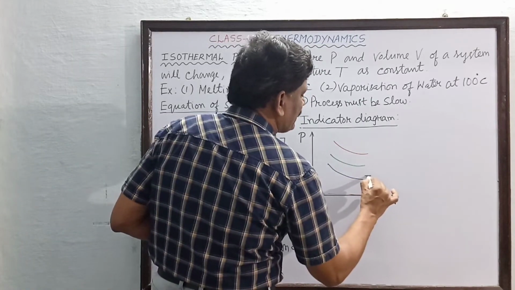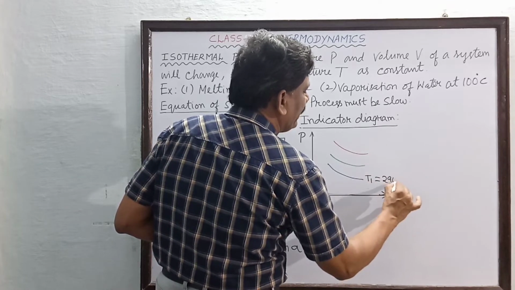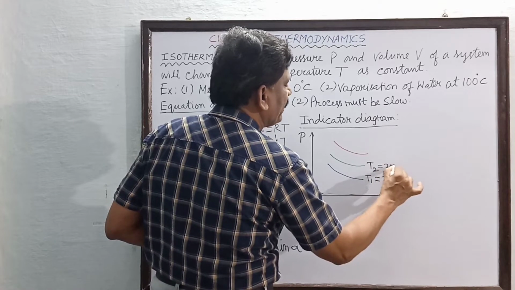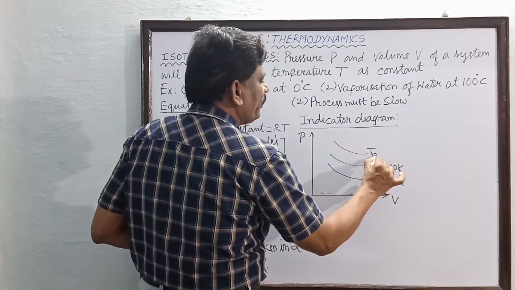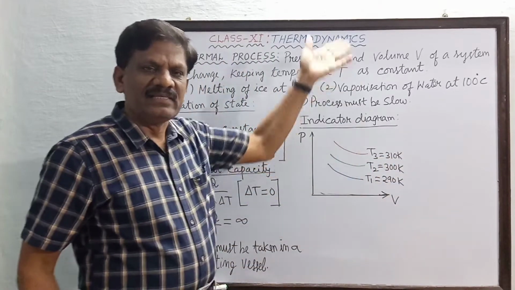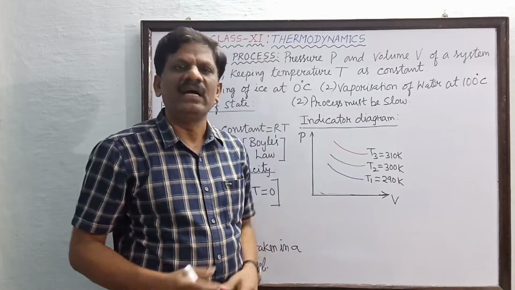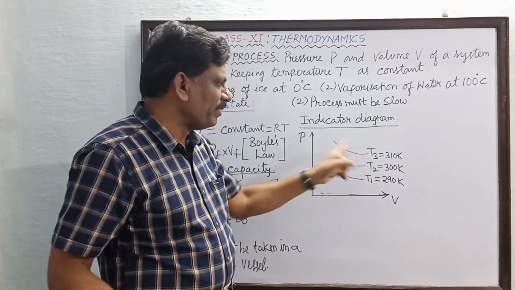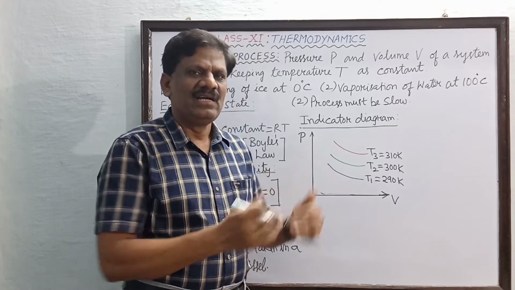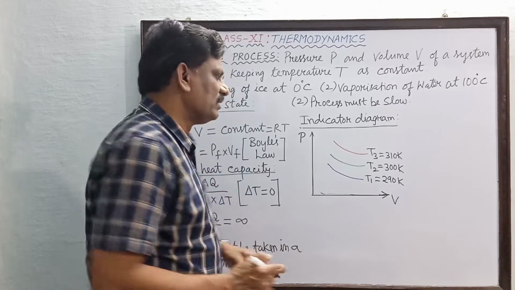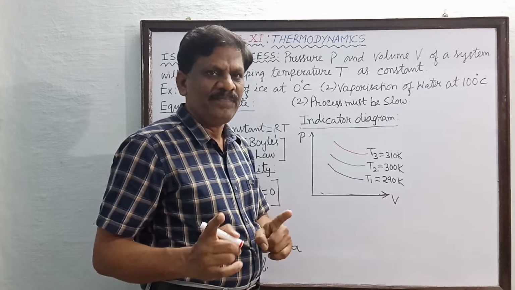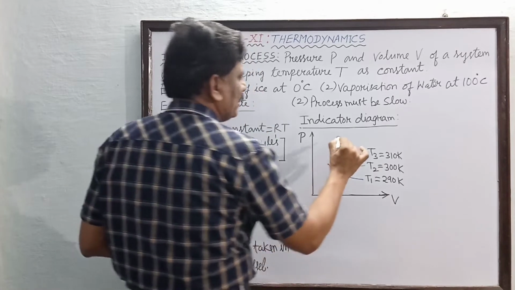So I will take, for example, T1 is equal to 290 Kelvin, temperature T2 is equal to 300 Kelvin, and T3, the high temperature, is 310 Kelvin. As the temperature increases, the graph is shifted higher and higher, but the shape of the graph remains the same. Understand? It is not so steep, almost flat, but not a straight line. Understand? So this is the pressure volume relationship,